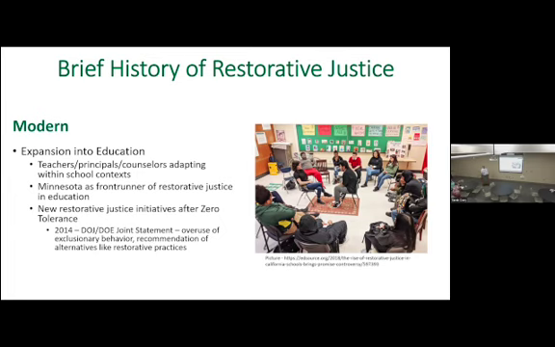And, you know, I think we discovered that zero tolerance just does not work from a research-based standpoint. Not only does it not work, it gets overused. Exclusionary measures like suspension and expulsion get overused. The research shows that it especially gets overused with marginalized populations as well. And so in 2014, the DOJ and DOE put forth a statement actually recommending restorative practices, along with a number of other things, as a way to respond and create safe, active, engaged learning environments.